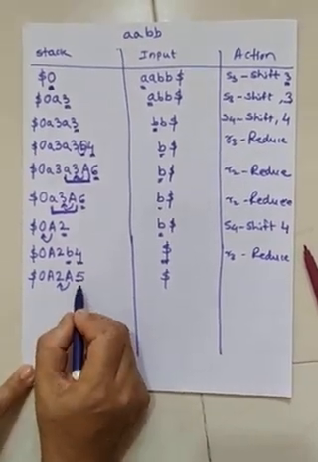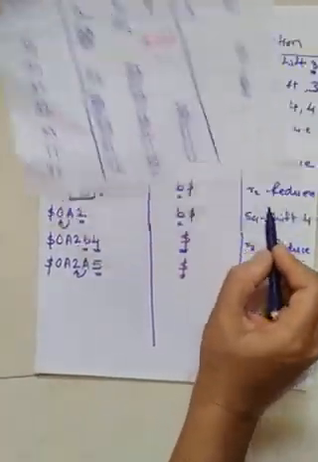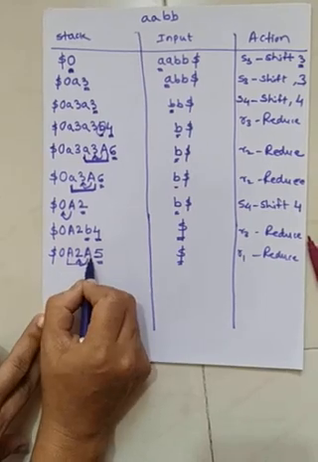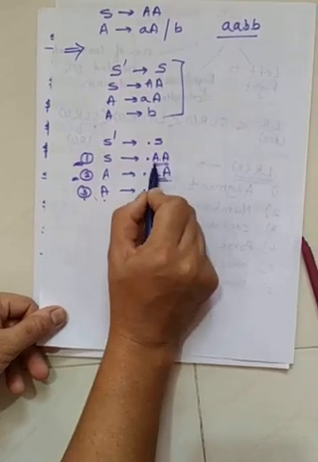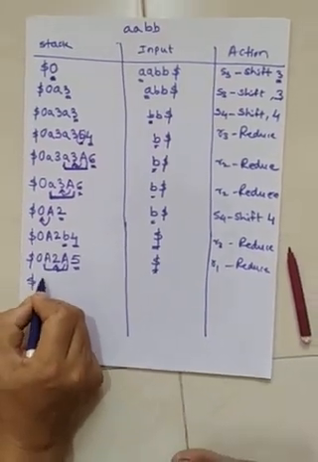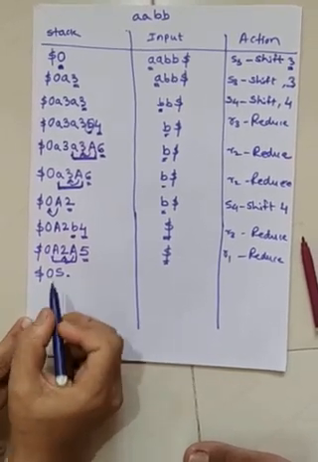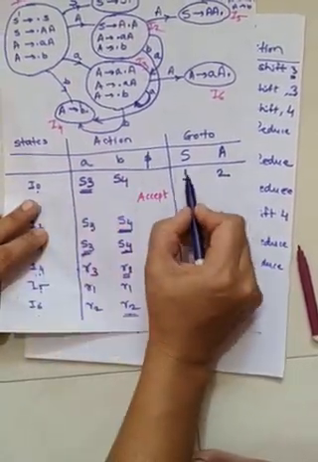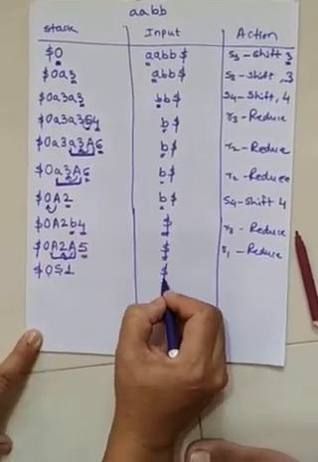Now again next, state number 5 and $ sign. Again the reduce action. Now here we have to reduce the complete term AA, and as the production here S is producing the term AA, so the complete term AA now will be replaced by capital S. So $0 capital S. Now again we have to find the term here. So capital S and zero state have the number 1. So we will write number 1 here. This dollar will be as it is.